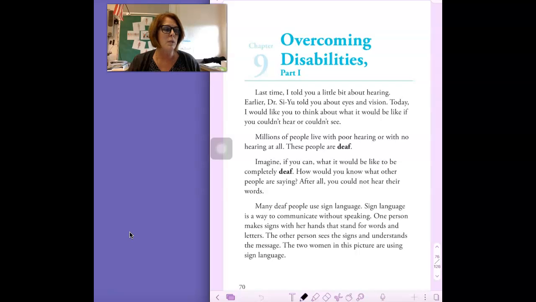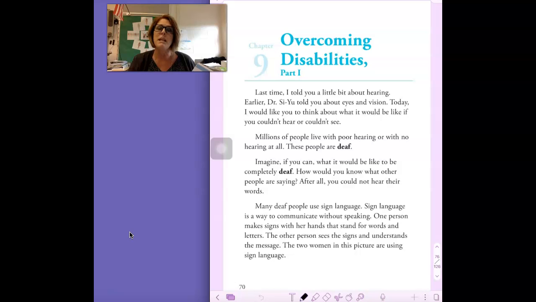Number 2, which of the following is the best title for the list in the box shown below? So you're choosing from those 4 titles, which is the best title for it. On the back, number 3, what does the word gesture mean in this sentence? So they're giving you a sentence with the word gesture in, and you need to write the definition below it.